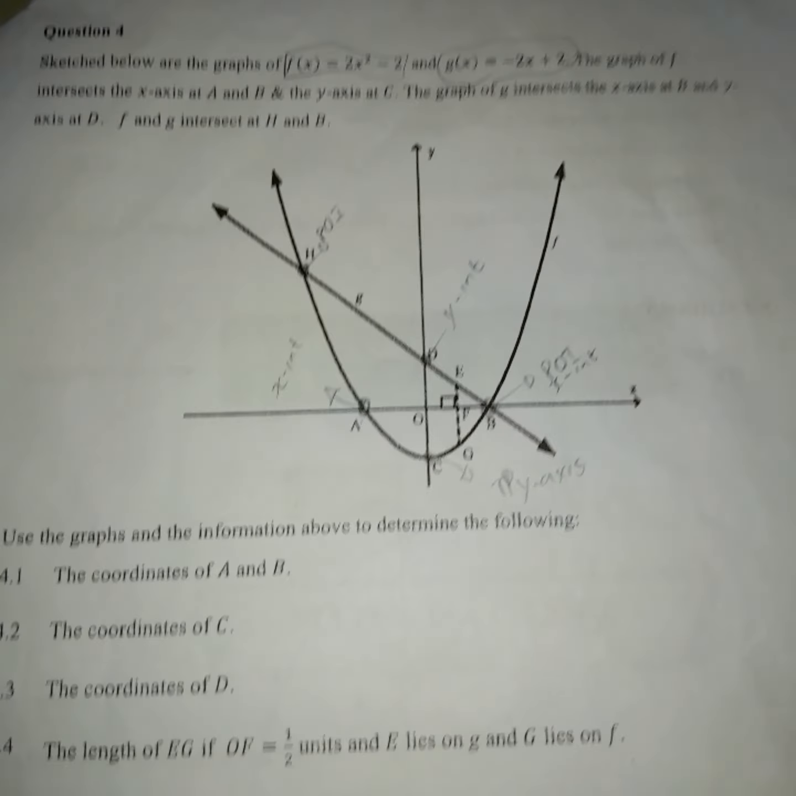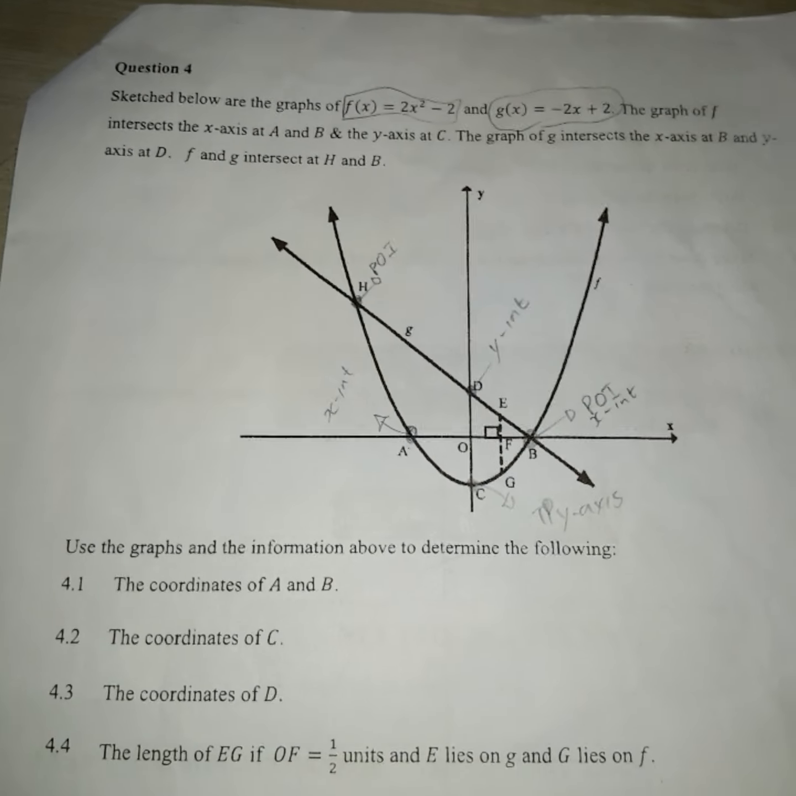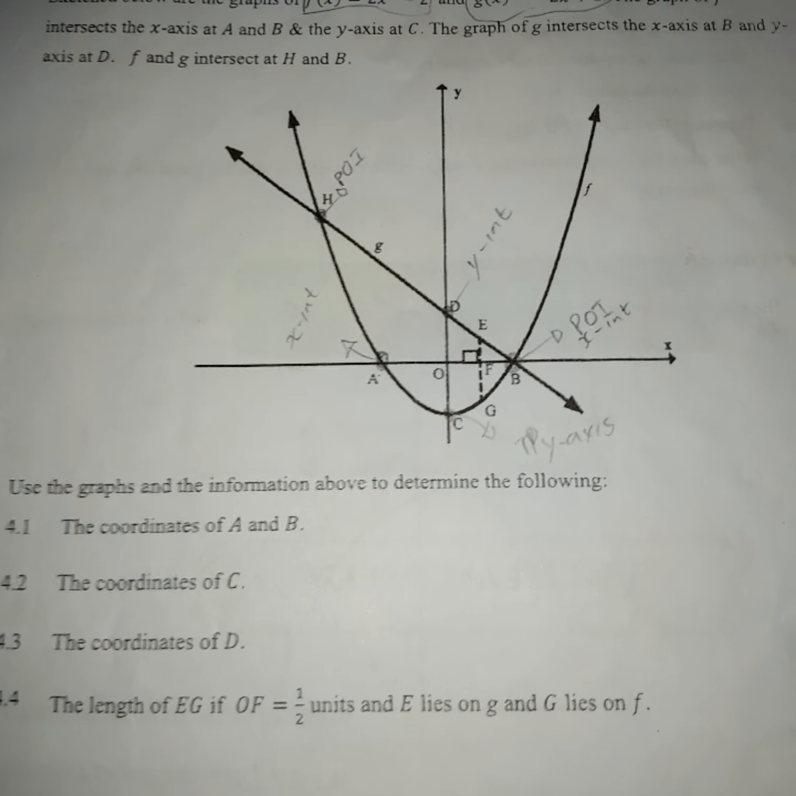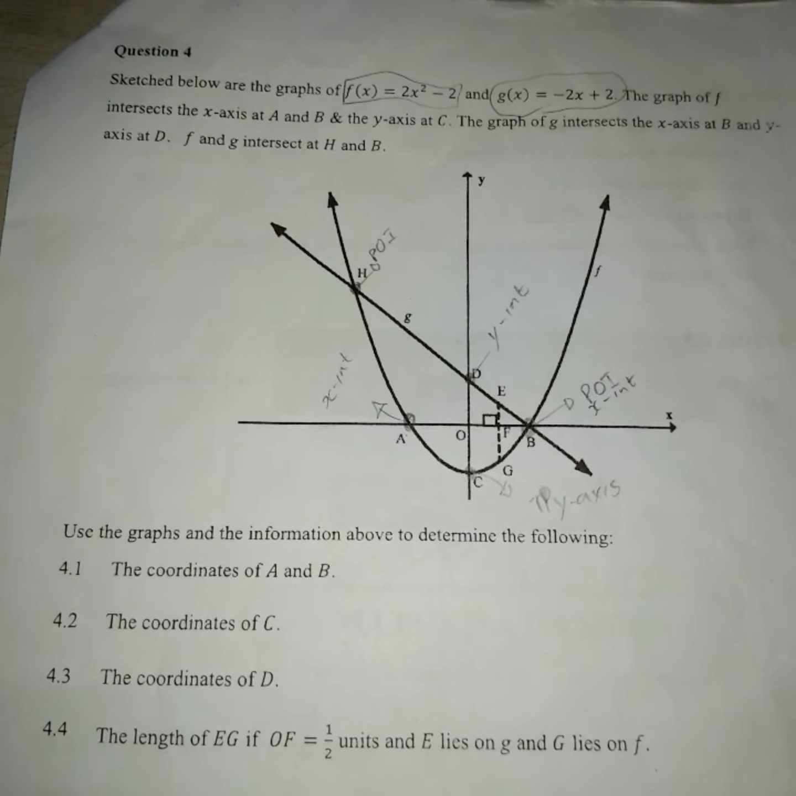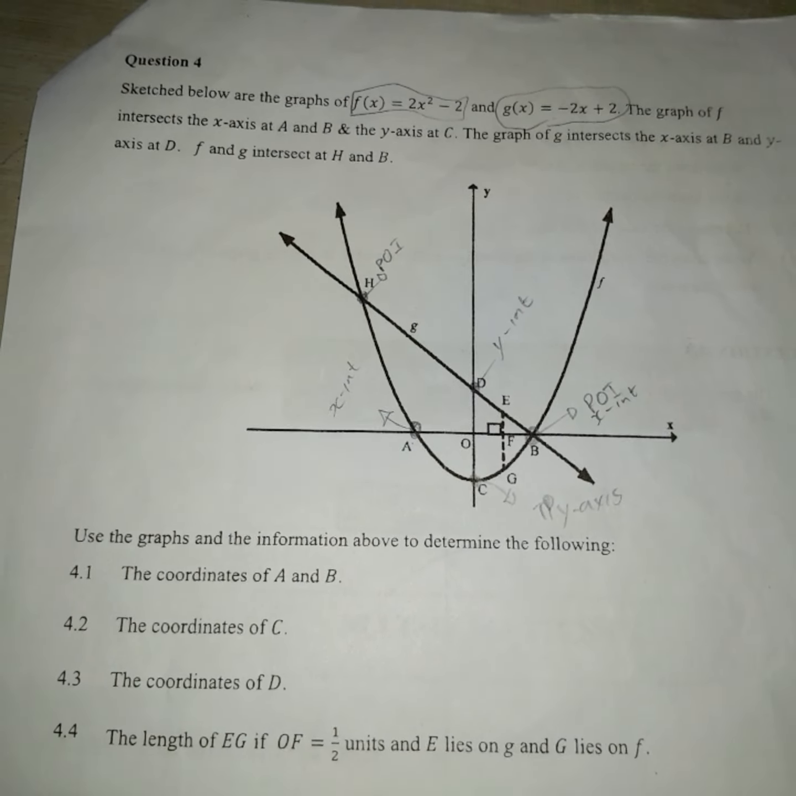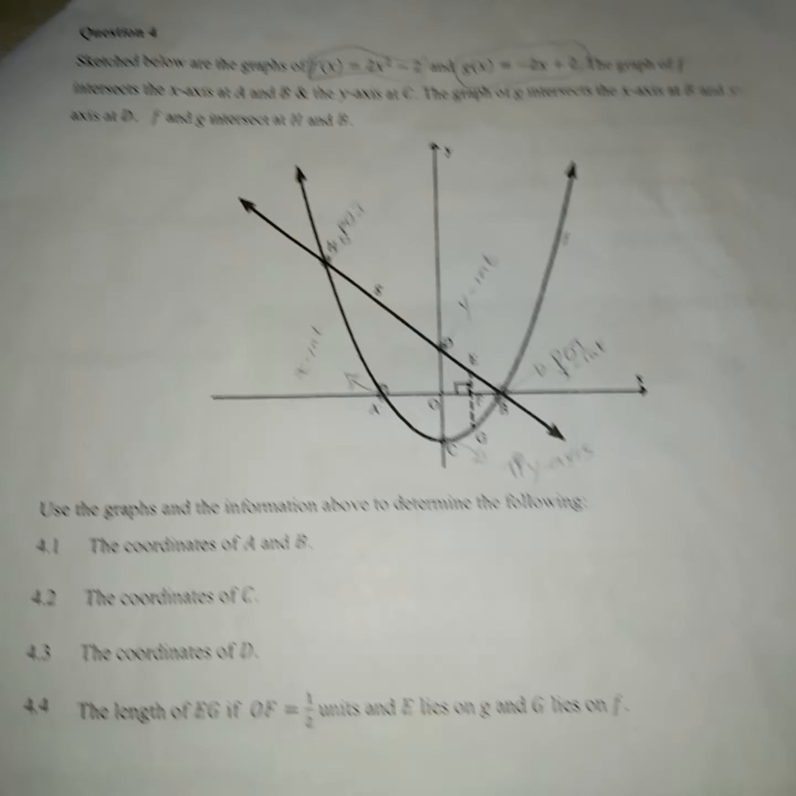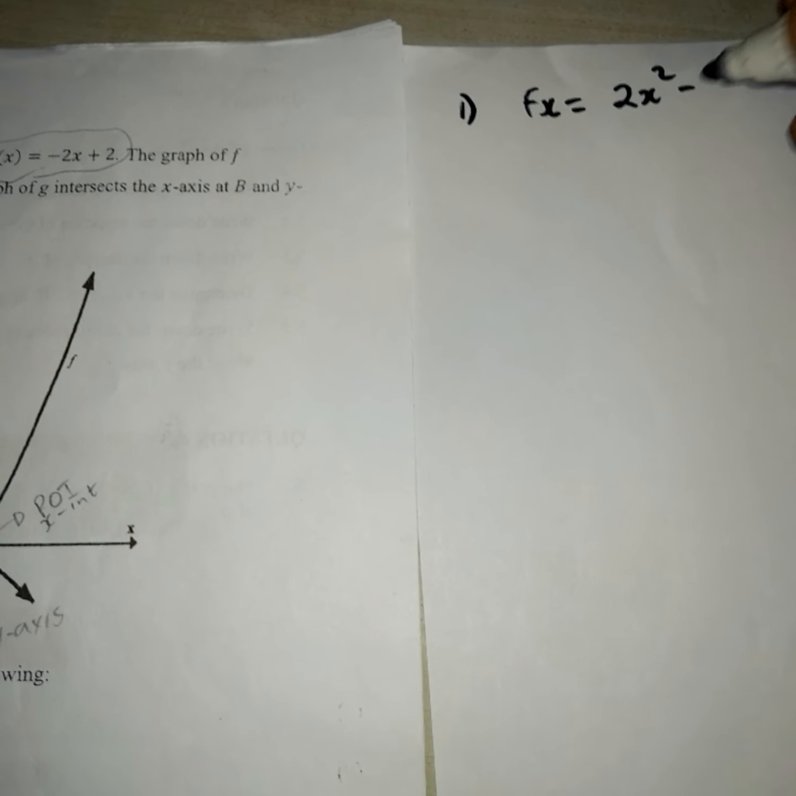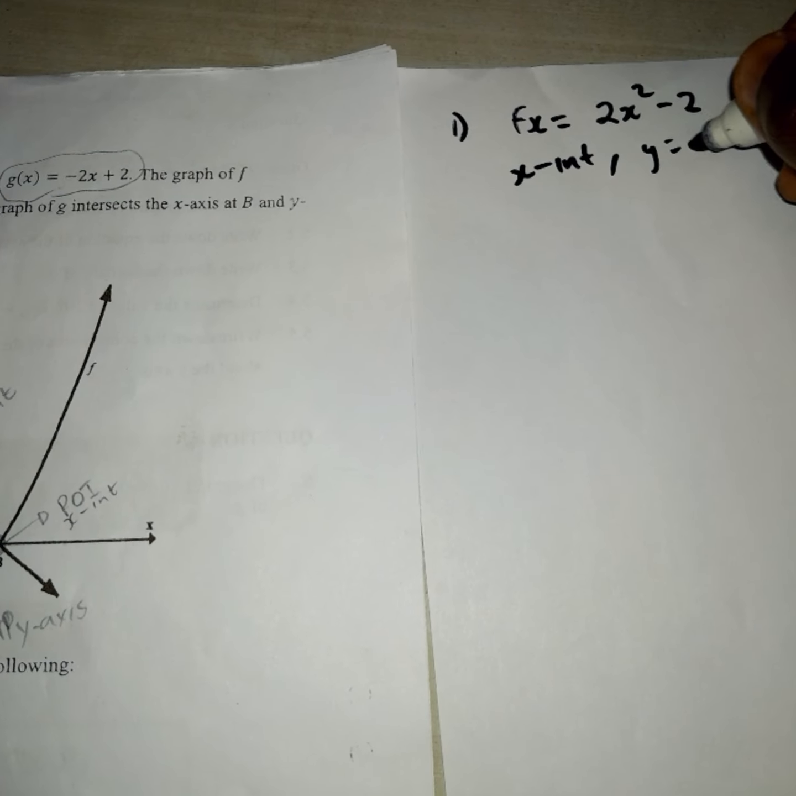So now question A: write down the coordinates of A and B. So what do we know? We know that A and B are the x-intercepts of both graphs. So for now, let's just use the graph of f. The x-intercept, we know, is this equation, 2x squared minus 2. So for the x-intercepts, we substitute 0 for y,